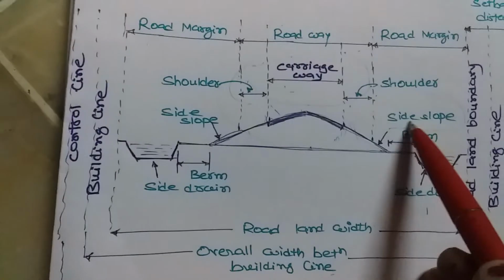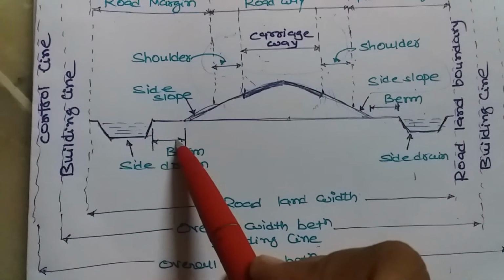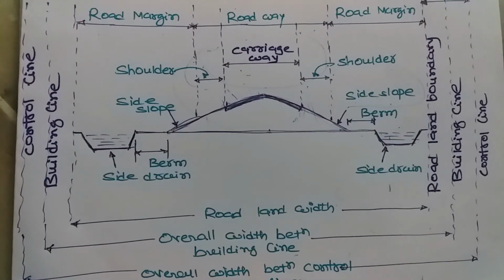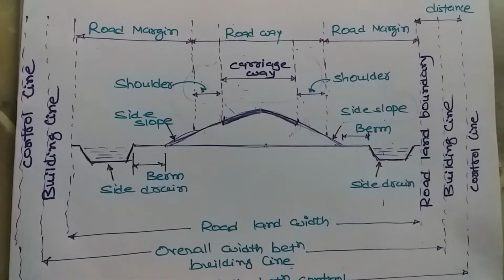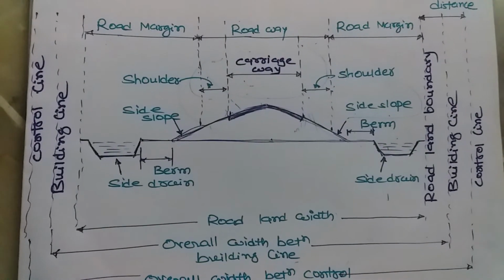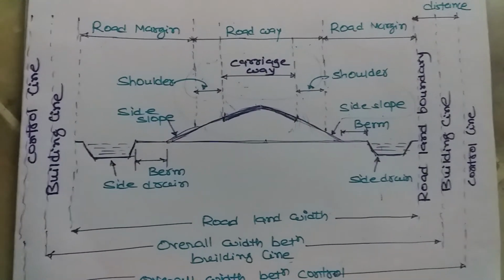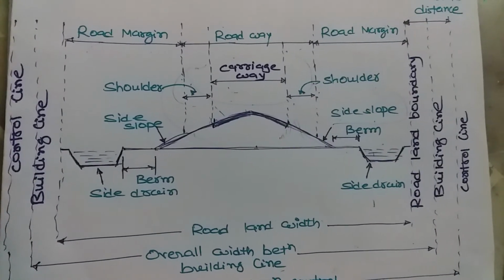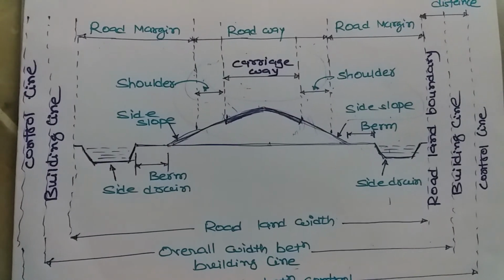Now here after side slope you can see the term berm. Okay, here and here. So what are the berms? The portion of land width left in between the toe of road embankment and the inner edge of borrow pit. Okay, and you can also say that the portion in between the top edge of road cutting and the nearest edge of spoil banks on either side are known as berms. So in the definition of berm, two unknown words come. One is a borrow pit and another is spoil banks.